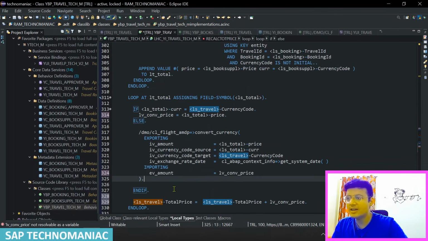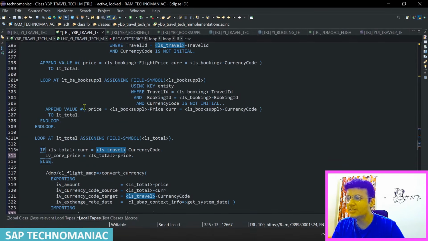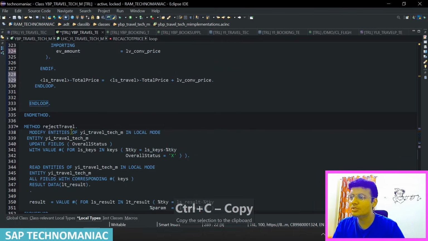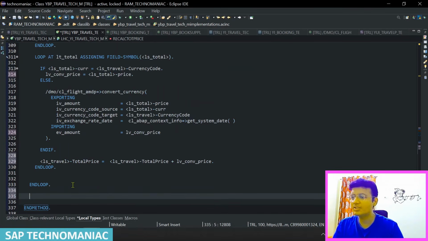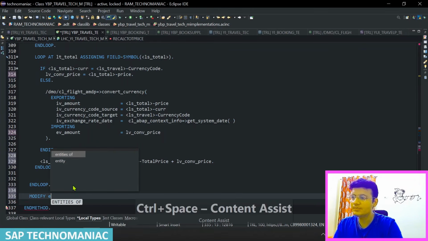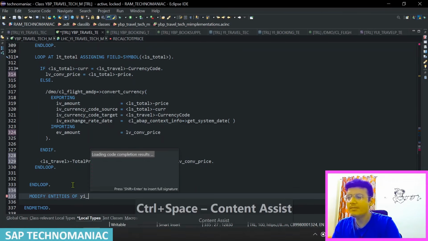give me 1 second guys, let me minimize this one. As of now this is not needed. So we did the total price. Once it is updated in LT underscore travel, I have to use this to update and process the data in the database. So after everything is done, end loop, I have to use modify, modify entities of yi underscore travel takem,